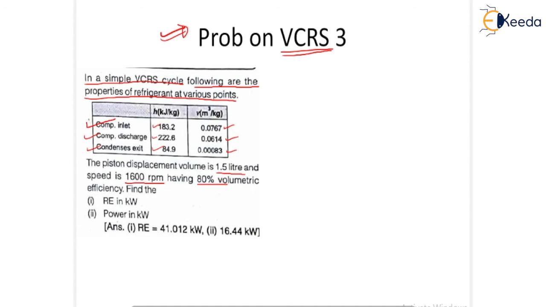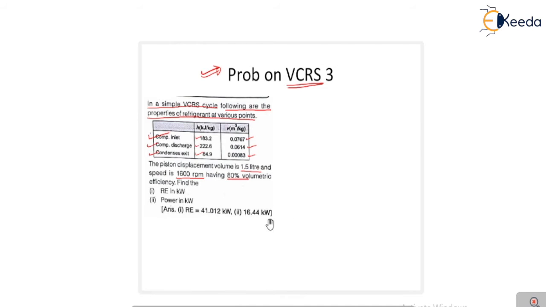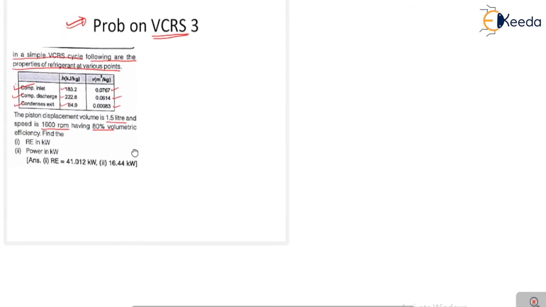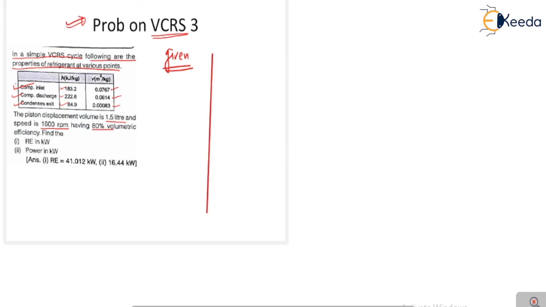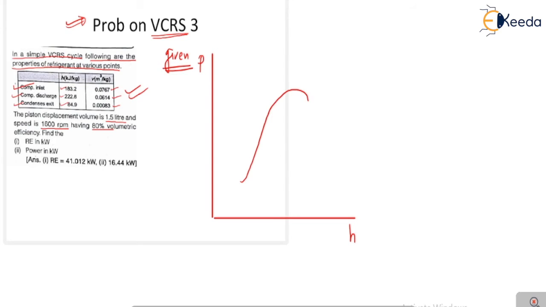So first of all, in this question we have to write all the given data in a cyclic manner or in a chart manner. Is it right? So first of all, you have to write all the given data over your graph. So this is your graph. First of all, you have to plot your graph over which scale? Over the pH scale. This is your P and H scale. And on the pH scale, you have to show all the given data as per this chart.